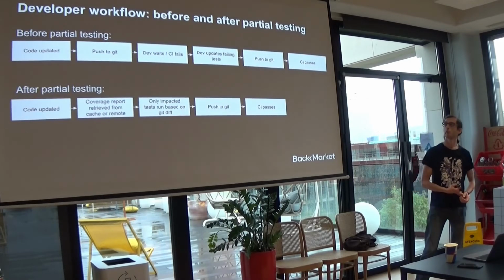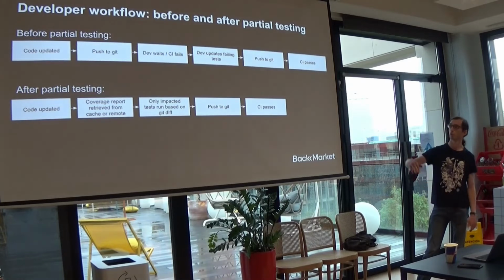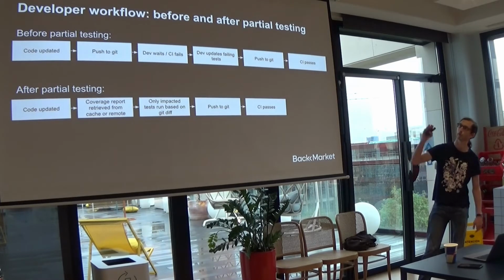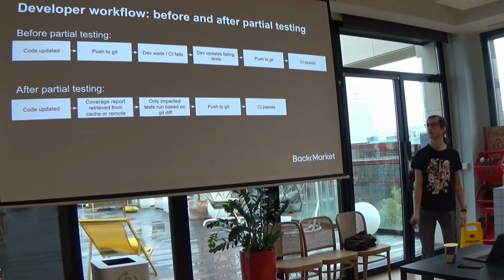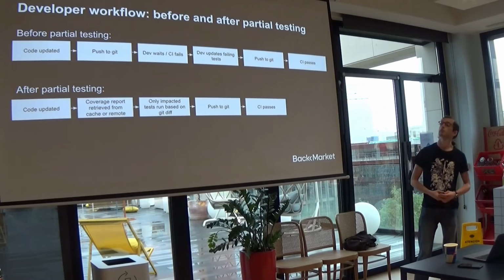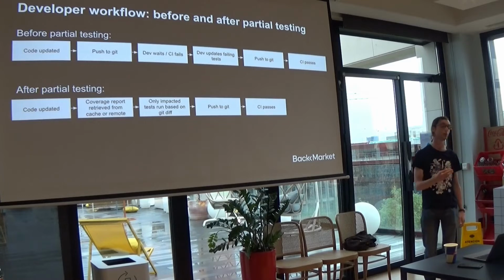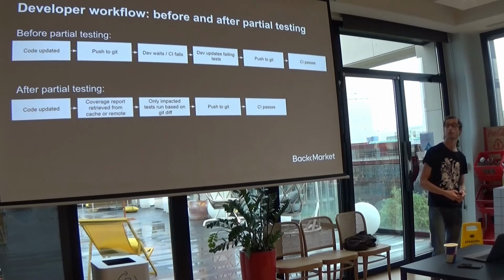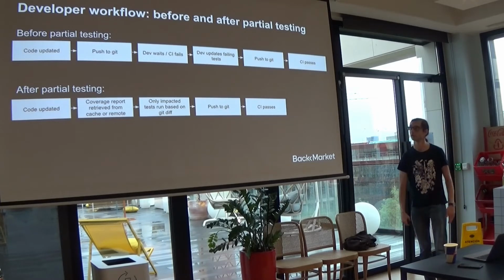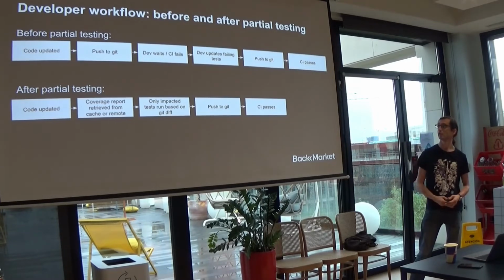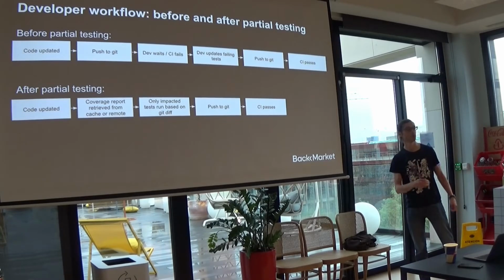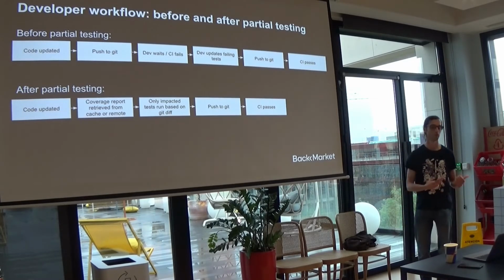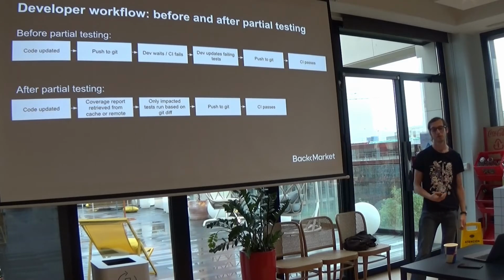So the developer workflow would basically go from what we have on the top to what we have below. Before partial testing, as said in the beginning of the slides, whenever code is updated and the developer doesn't know the impacted tests based on the code modification, he will just push the code to Git. Then the developer will be waiting for the CI to either pass or fail. Sometimes it fails, it happens. And then the developer will update the failing test if the CI is failing, and he will push to Git again, and then the CI will hopefully pass, but it's still a bit of time that is lost waiting indefinitely for